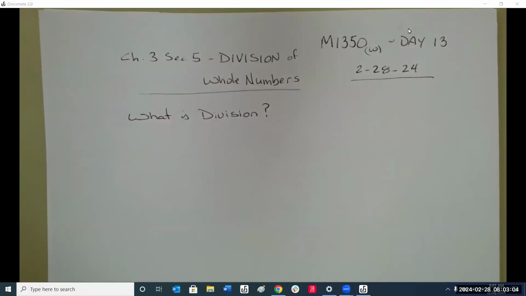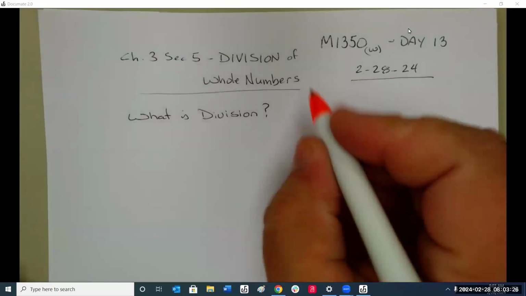Think of back when you were in elementary school. How did the teachers introduce division to you? Exactly. How many ways can we divvy up or separate or divide this pie or this pizza or these donuts into how many people we have? Which is one of the methods we're going to talk about. Division is